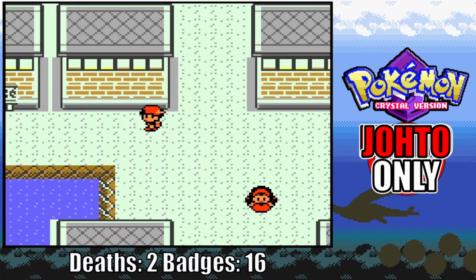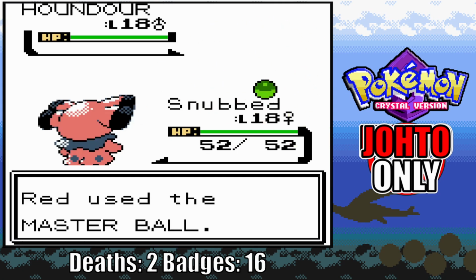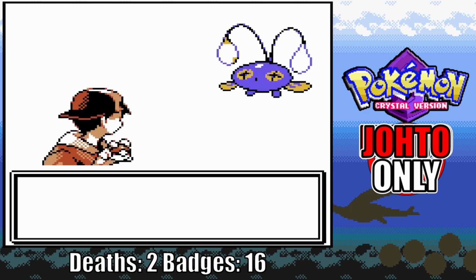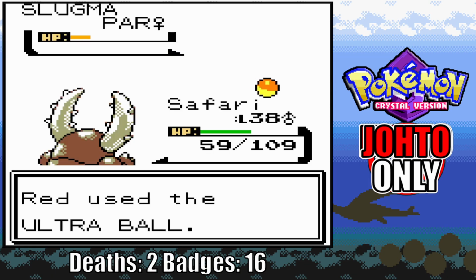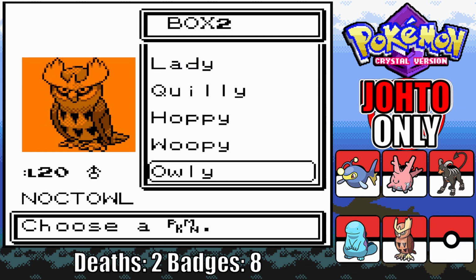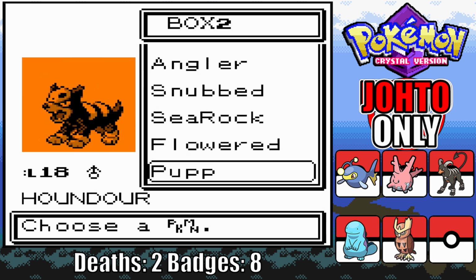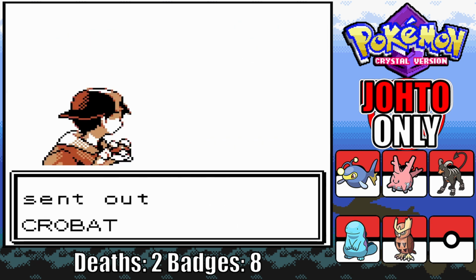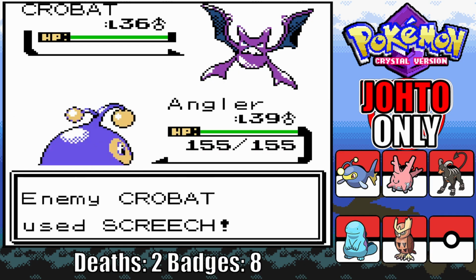Before challenging any gyms, I search the entire Kanto region for the invasive Johto Pokemon, like Houndour, Chinchou, Quagsire, Slugma, and several others I don't like enough to show. In the end, I capture 13 Johto Pokemon, and unless I'm mistaken, those are the only ones you can catch specifically in Kanto. So let's start getting even more badges, beginning with Janine, whose ace is lower than even Claire's